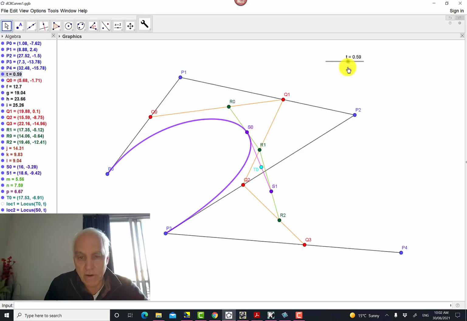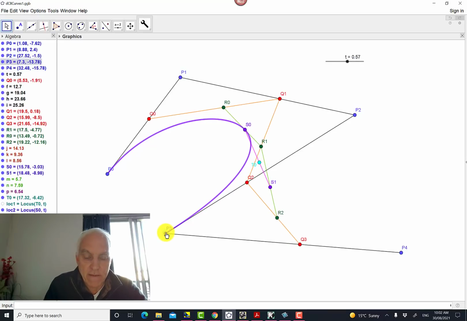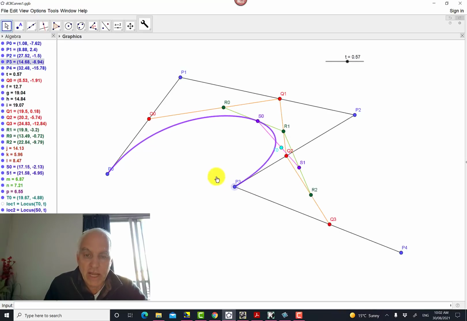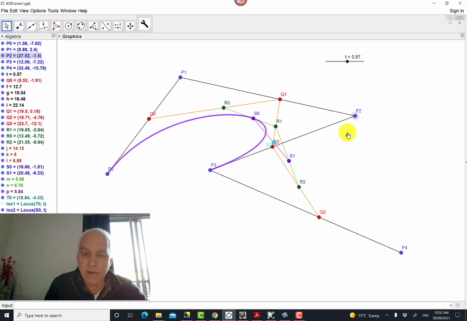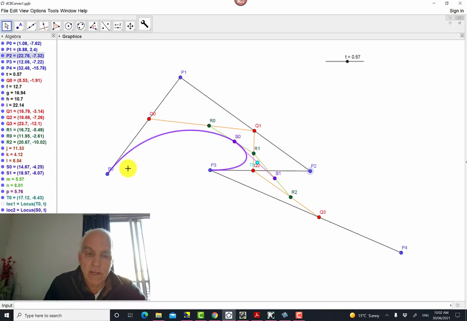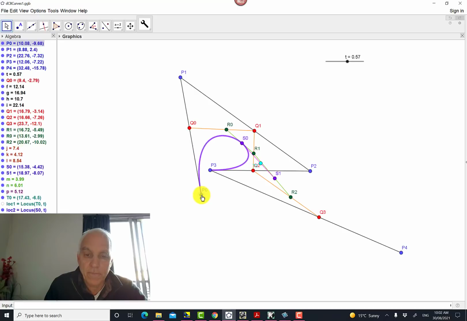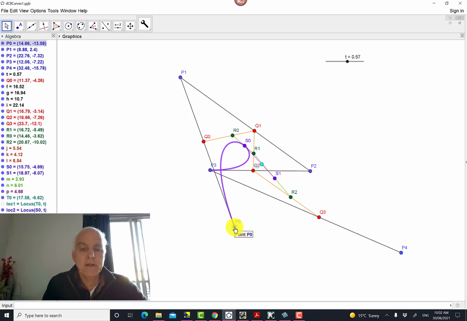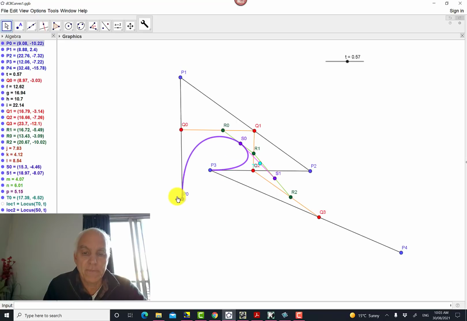It's a cubic curve. And since we have 4 control points, we can change the nature of this thing quite pleasantly. We can move it around. We can even do something like this. You see what's happening there? This is looping around like this. Definitely not a conic. This is a cubic kind of behavior. This is actually a node here. This curve is crossing itself. So that's a cubic curve.